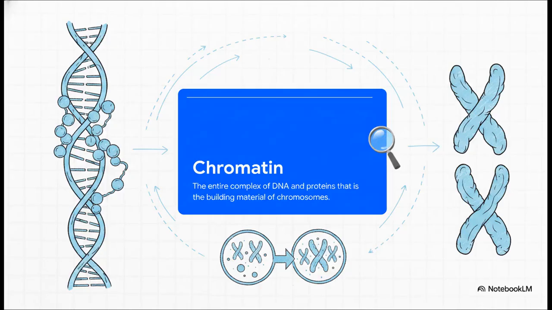So how does it manage this without making a mess? Well, to deal with that staggering length, the cell uses a brilliantly ingenious packaging system. It takes that loose DNA and tightly coils and folds it around specific proteins. This whole complex, the DNA and the proteins working together, is what we call chromatin. Now, when it's go time, when it is actually time to divide, this chromatin condenses even further. It becomes densely coiled and superfolded into those distinct, thick structures we all know as chromosomes. This intense packaging ensures that when the cell finally splits, that massive 2 meters of critical information doesn't get ripped, sheared, or just hopelessly tangled up.